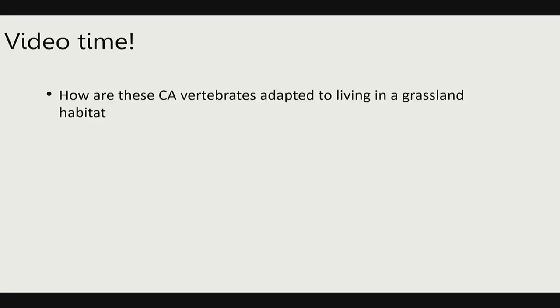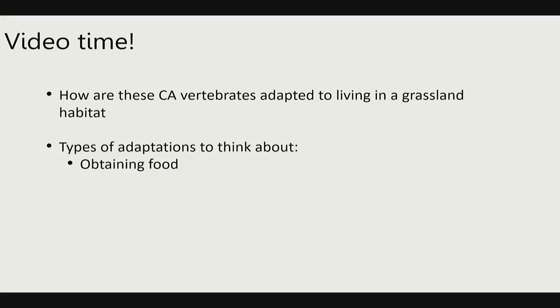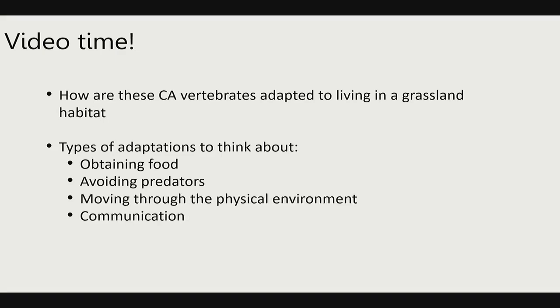So as we talk about a couple of species here, be thinking about what we know about this biome, about these grasslands, and how these animals are adapted to living there, right? In particular, a lot of times when we think about the major adaptations that animals possess, they kind of fall into 3 different categories, 2 of which we'll talk about here. Obtaining food and avoiding predators. Well, really 4, I should say. So eating, not being eaten, being able to move around your environment, and being able to talk to others. Anyone have a thought in terms of fitness, one that might be missing here? Reproduction tends to be the other one. We won't talk too much about that because we're mostly talking about functional adaptations, right? So eating, not being eaten, moving around, and being able to communicate with either members of your species or others, right?